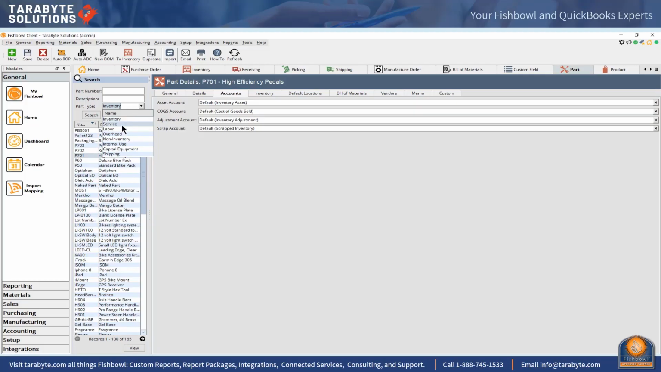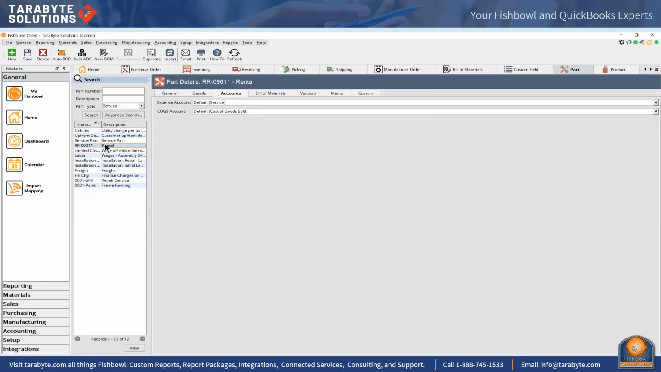And then let me go to a service part. So on a service part, these are used for services we provide or services we purchase. Okay, there's a whole guide to how the different part types and services that we have over on my blog at terabyte.com, and